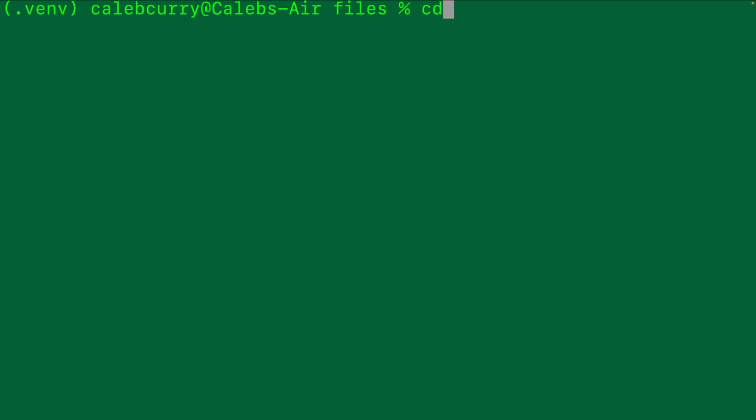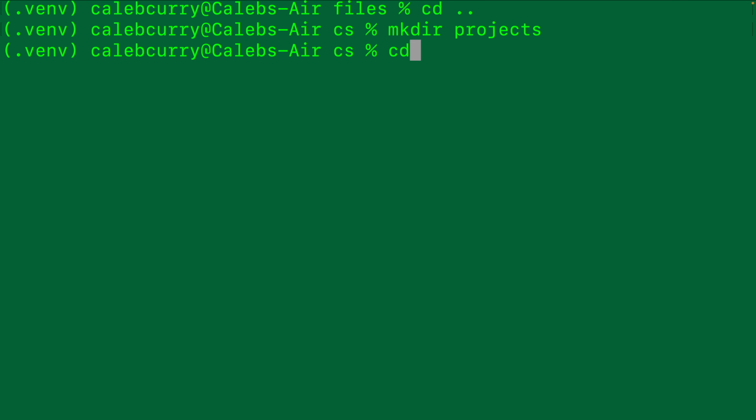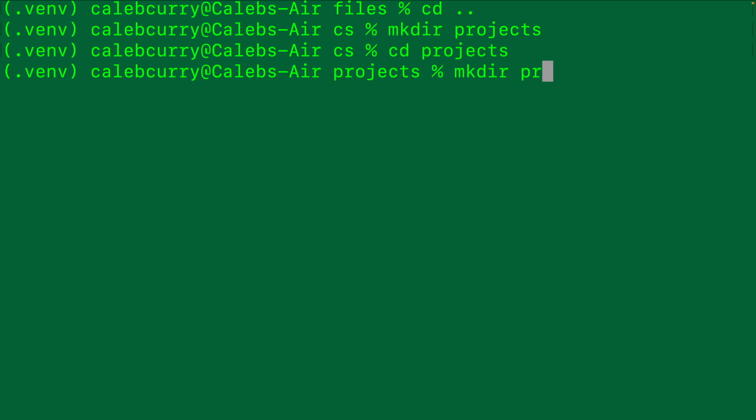So I want to go through an example of this. What I'm going to do is change directory out of our files directory, which we'll end up using later probably. And I'm going to make a directory called projects, and we'll go ahead and change directory into projects. And let's say we have multiple projects. So we'll say mkdir project1 project2,